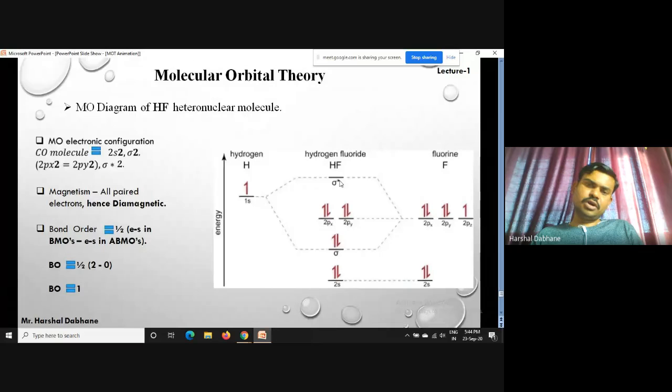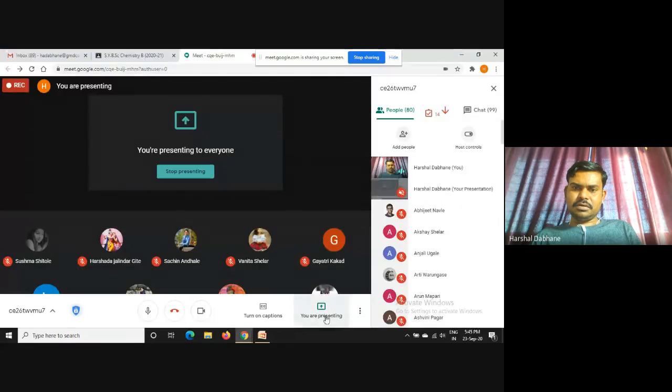So how do we write the bond order? We have only 2 orbitals over here, this one and that one. We are not going to count these; these are non-bonded electrons, and this is also a non-bonded electron pair. The sigma orbital has 2 electrons, so we have to take half the number of electrons in bonding minus antibonding. The electrons in bonding are 2, minus 0, since we don't have electrons in the anti-bonding molecular orbital. So 2 minus 0, and the bond order should be 1. So there is a single bond in the HF molecule. This is all about the HF molecule.